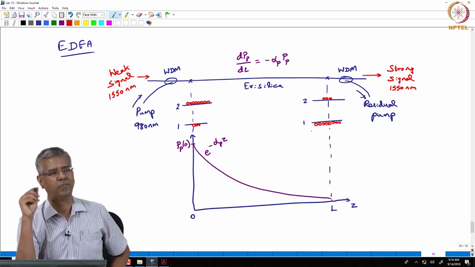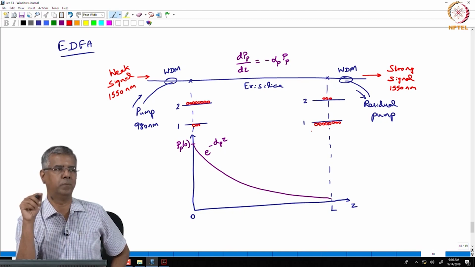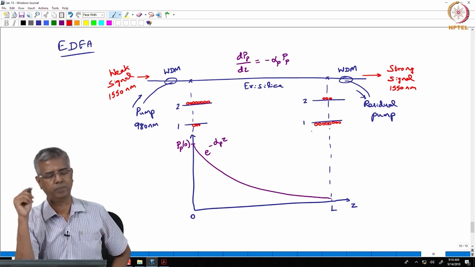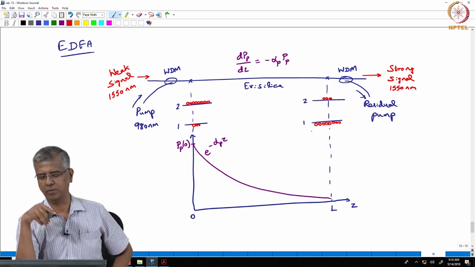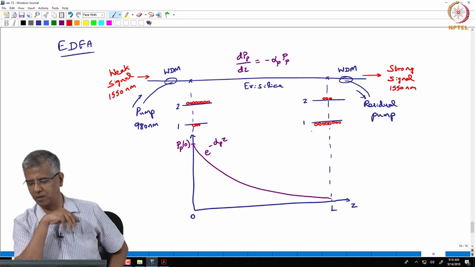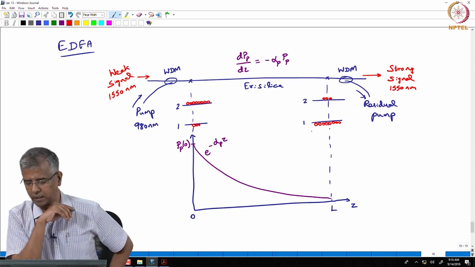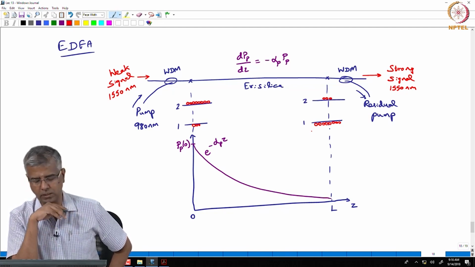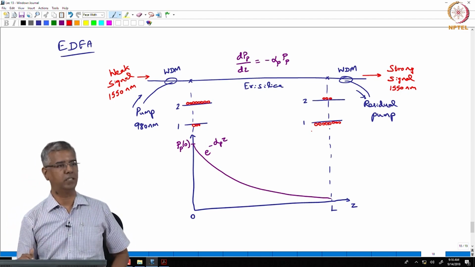So, if you want to be really rigorous about it, you would mention them as erbium 3 plus. It is common to say that what we are considering are erbium ions instead of erbium atoms. Nevertheless, what this tells us is this inversion is not constant